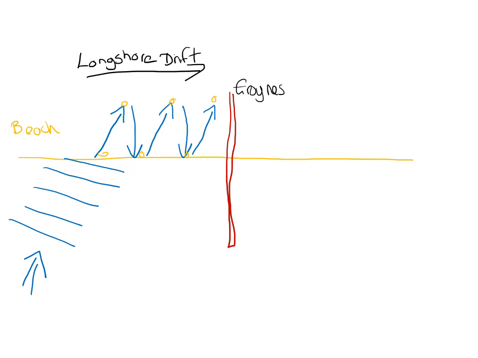And the waves can no longer move the sand any further because they've hit that groin. And so what then happens is the beach actually builds up on this side of the groin and stops the sand moving along that beach,